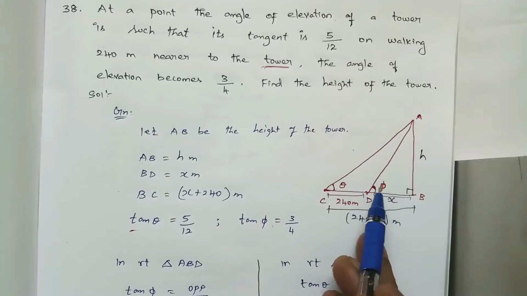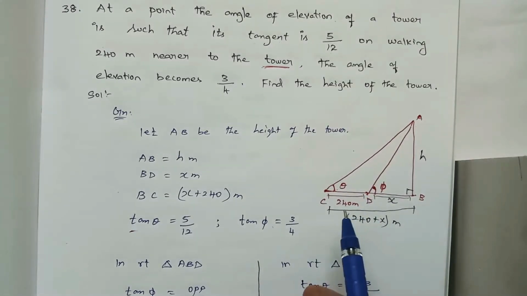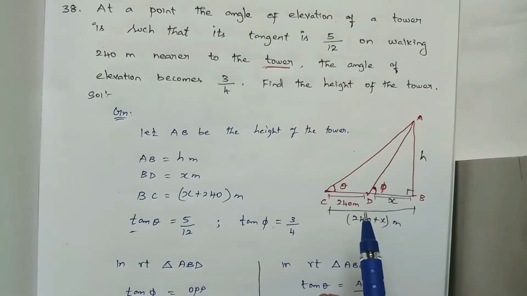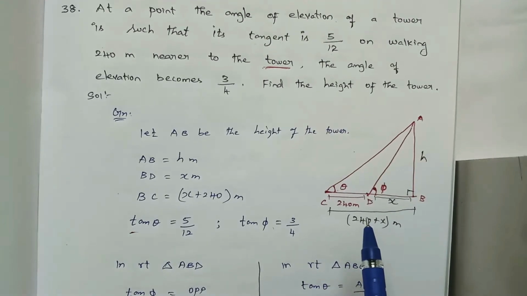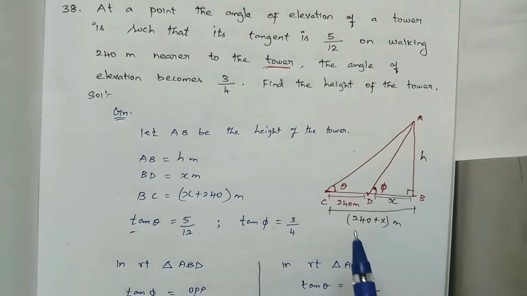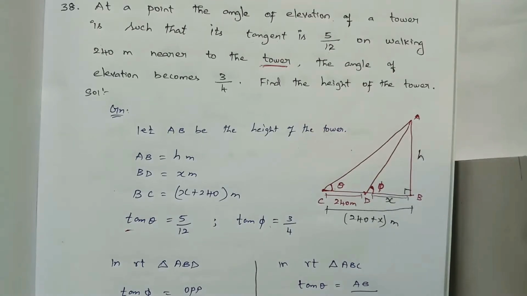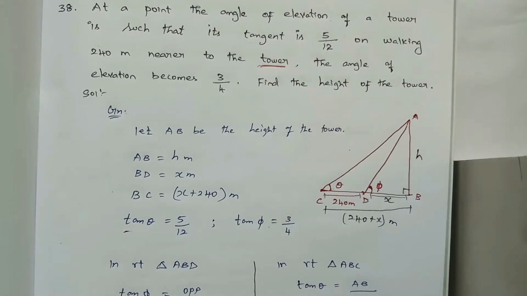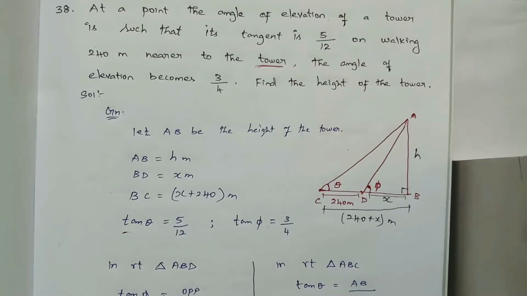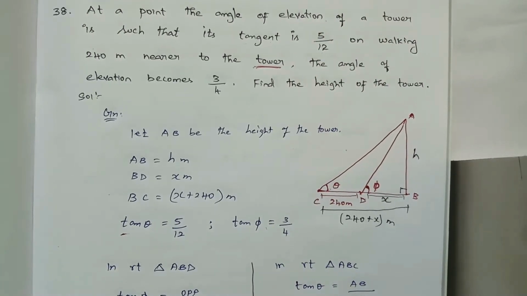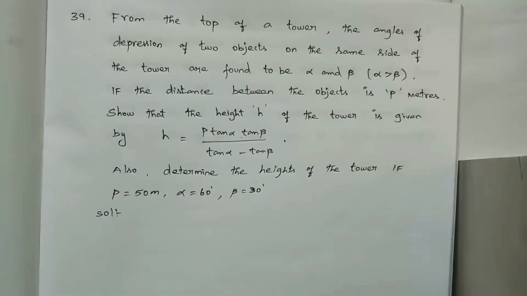For finding the value, if you want to find height or distance, whatever it may be, we need one angle and one side of a right angle triangle. If they don't give that, then they will give a clue for finding the height and the distance. If any extra information is in the question, then with the help of those clues alone, we are going to find it. Just analyze. Okay, next we are going to solve.